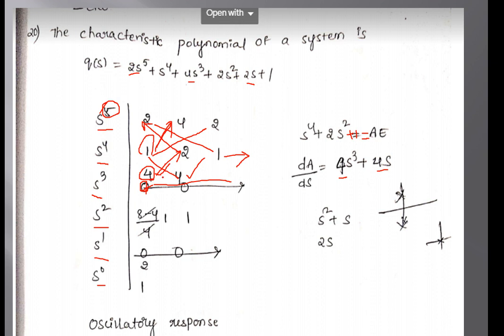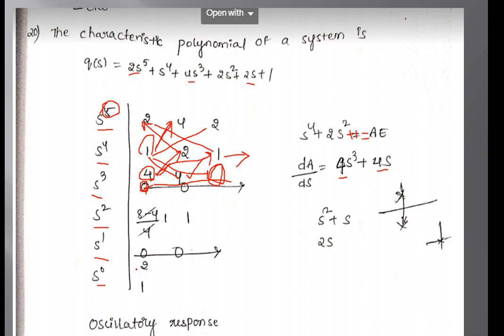And the next thing is 4 into 1, 4 minus 1 into, here you are not having any value. So whenever you are not having any value, you have to take it as 0. So 1 into 0 is 0. So 4 into 1 is 1, and here 1 into 0 is 0. So 4 into 1 minus 1 into 0, by again 4. So 4 by 4 is 1. So here you are getting 4, 4 and 1, 1.